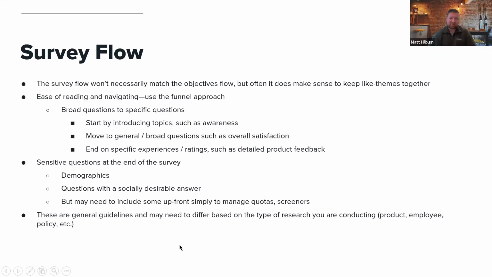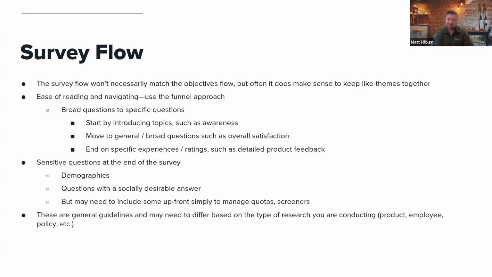When we write the objectives and we write the survey questions under each of the objectives, we'll sort of have them in an order probably. When we write the survey, we don't simply delete the objectives and then we're left with the order of the survey questions. It does often make sense that the questions are going to be clustered together with like themes, but we need to address the flow of the survey to make sure that the questions fit, and that they make sense, and that it makes for a good experience for the respondent.